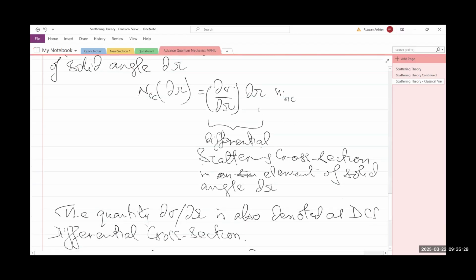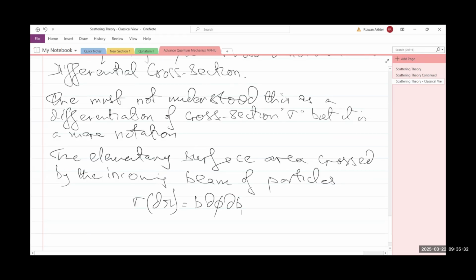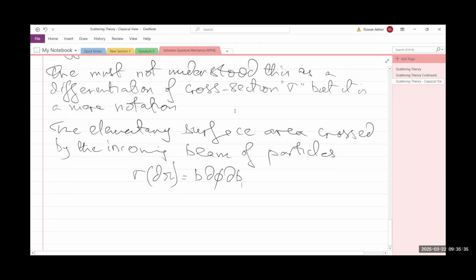So we combine this expression with what we now have calculated, and so combining the last two expressions,